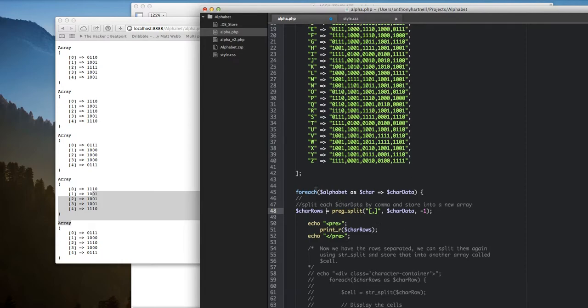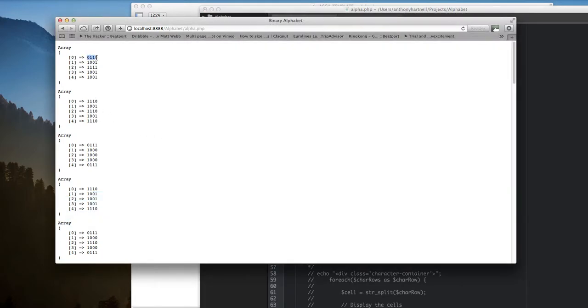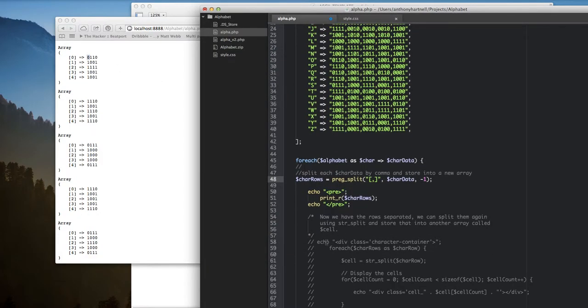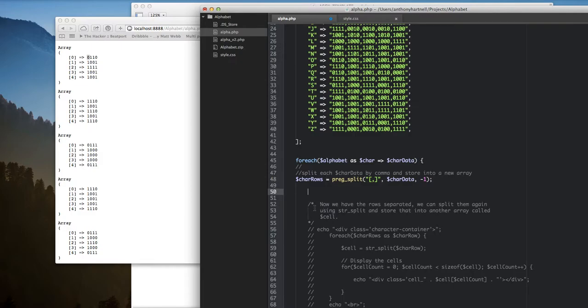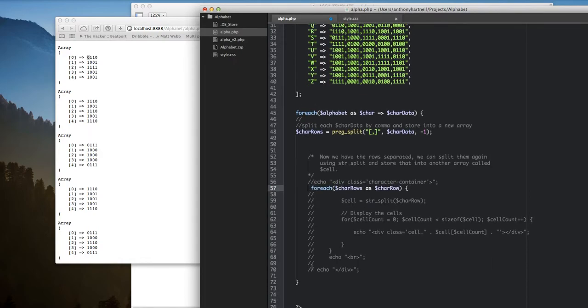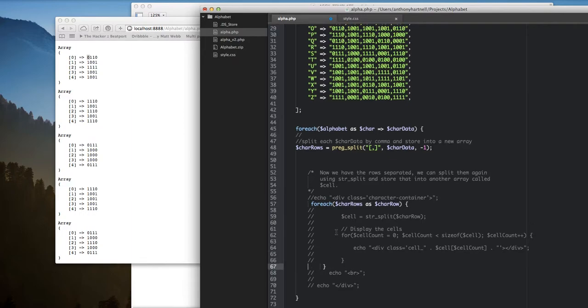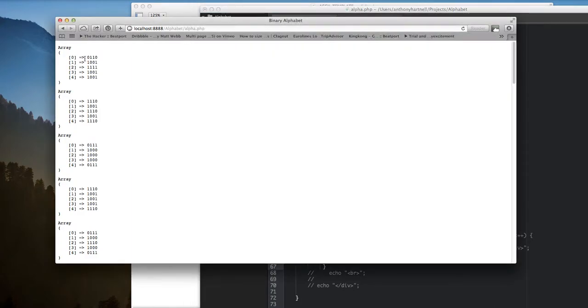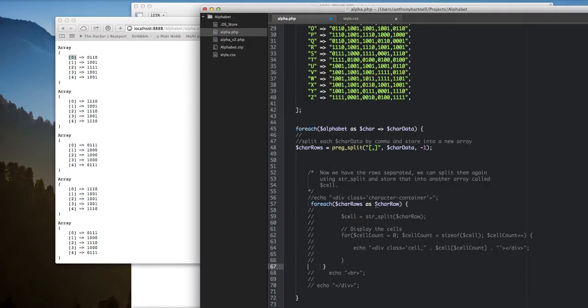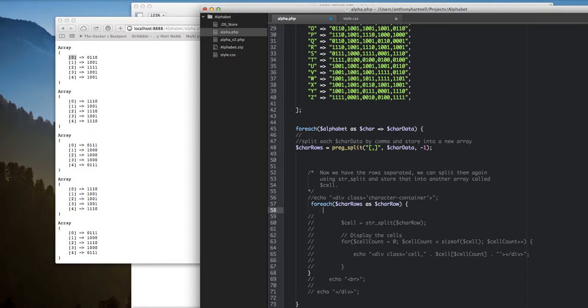So basically, what I want to do now is get each value in this array and split it even further, so I can just get the individual items. So I run another loop, and I'll delete that, and I'll explain this character. Oh, actually, I'll just comment it out. So here's my new loop, which takes each row, each array item, and gives it the value, gives the key character row. It's kind of hard to explain the syntax, but what I could do is